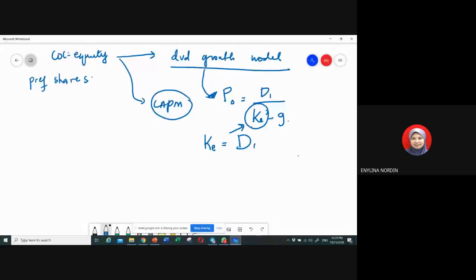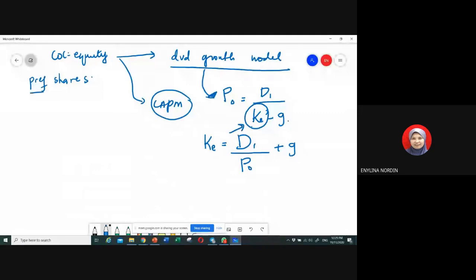Okay, P0 and plus G. This one you have to do yourself. I'm only showing the final one. So by working with the formula, you will get finally this one. Alright. Here, when we deal with preference shares,